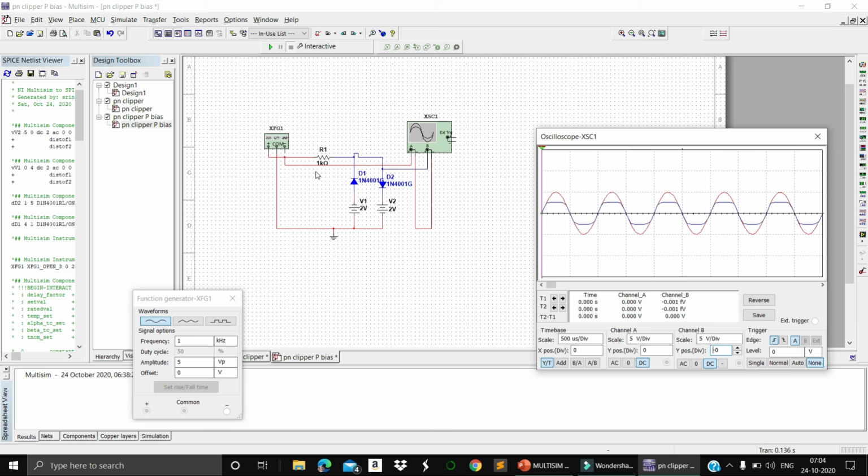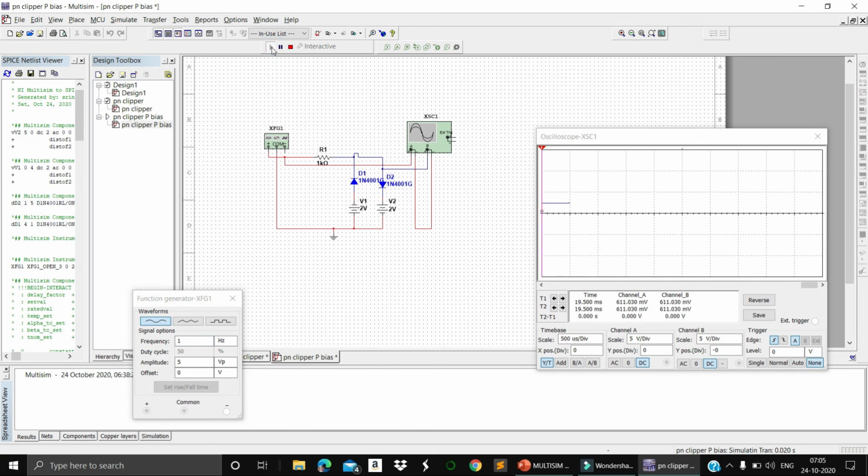Okay, let's see here. For the same parallel negative clipper circuit itself, I have designed this one by rearranging the diode shaping. So when we give the first half cycle, meaning the positive half cycle, this is in reverse bias mode, this is in forward bias mode. So positive 2 volts will be reflected on the output. When negative half cycle, this is in short circuit mode, this is in open circuit mode. So minus 2 volts will be reflected as the output.